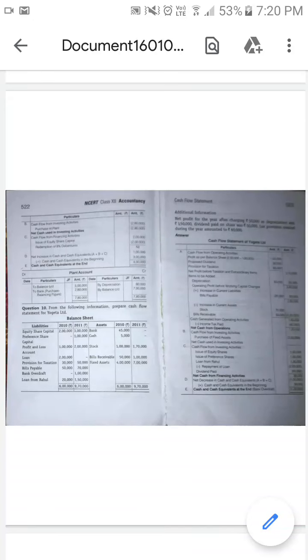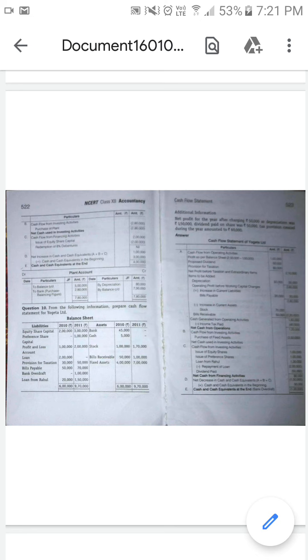Good morning. In the last class we started and finished the sums up to the ninth sum. So you should be thorough in the format of operating activities, that is, the calculation of the cash generated from each activity: operating activity, financing activity and investing activity.